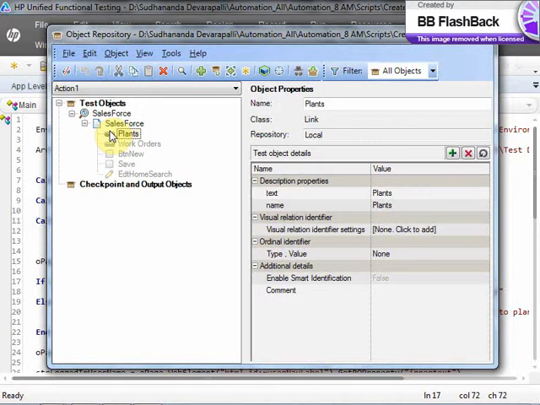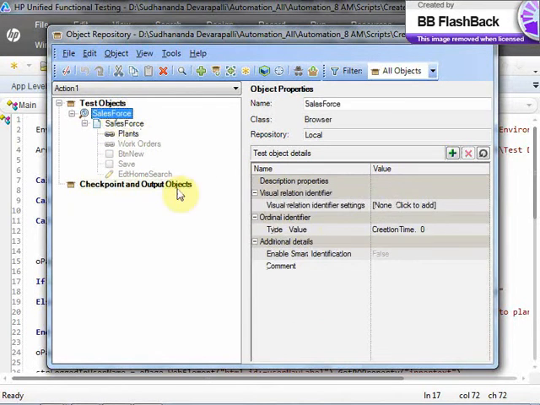Only on those 15 to 20 objects, it will do the change. Remaining objects, no. Whatever objects the script came across, only those objects will be updated with the latest object identification setting. If you remember, for the browser,